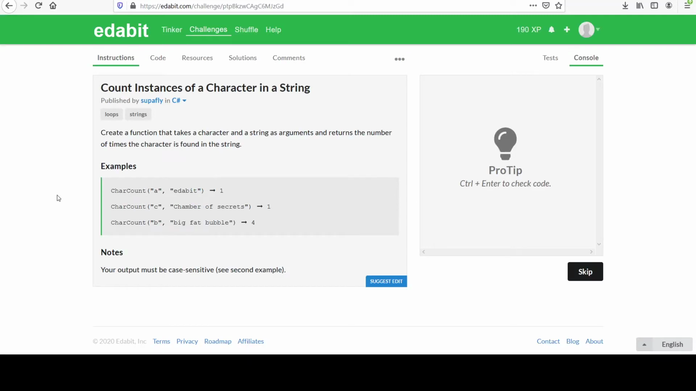Hi, your next challenge is called Count Instances of a Character in a String. Create a function that takes a character and a string as arguments and returns the number of times the character is found in the string. See the examples below. In the string "edabit", the letter or